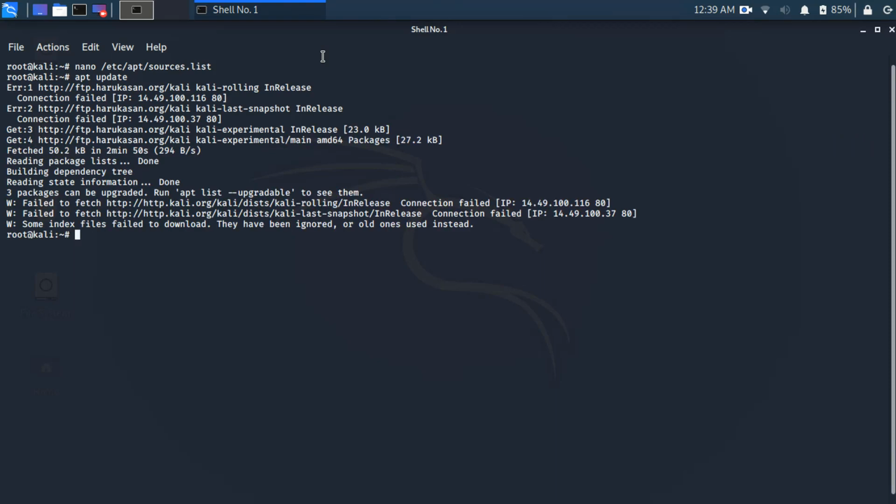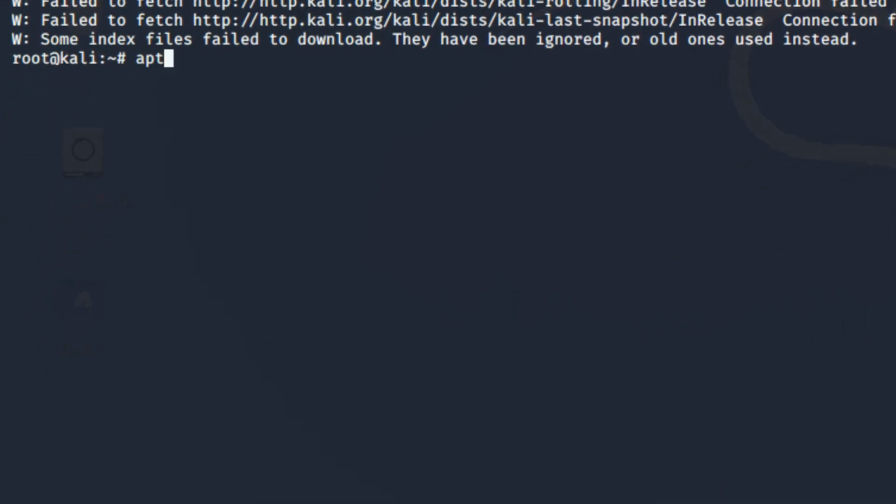The updating of sources is finished. Now we are firing the next command, apt list dash dash upgradable. It will show the list of packages which can be upgraded.